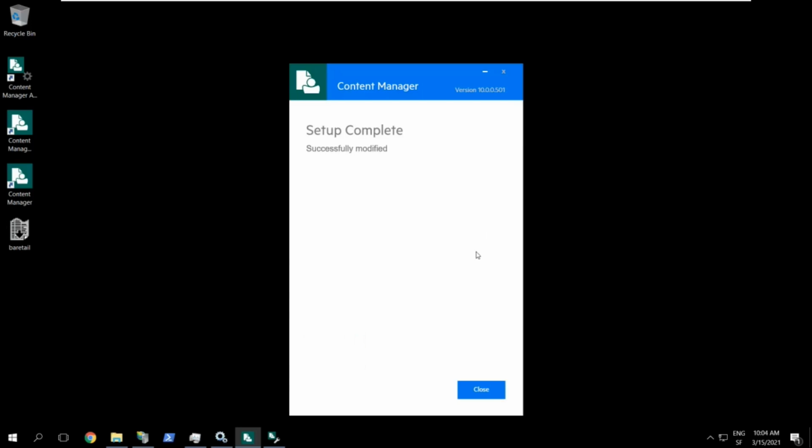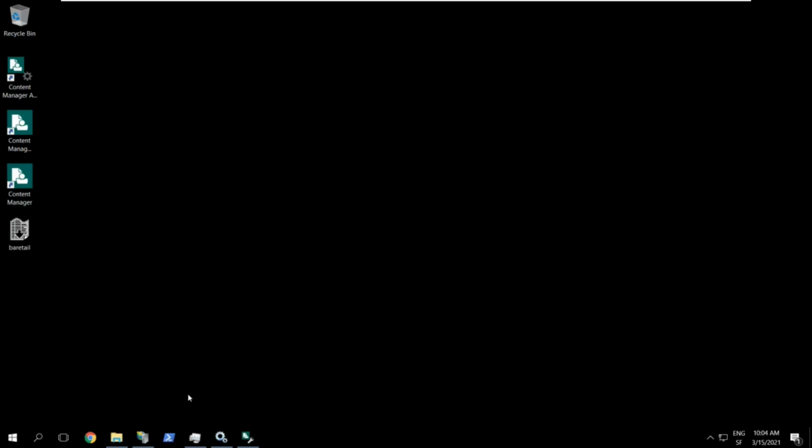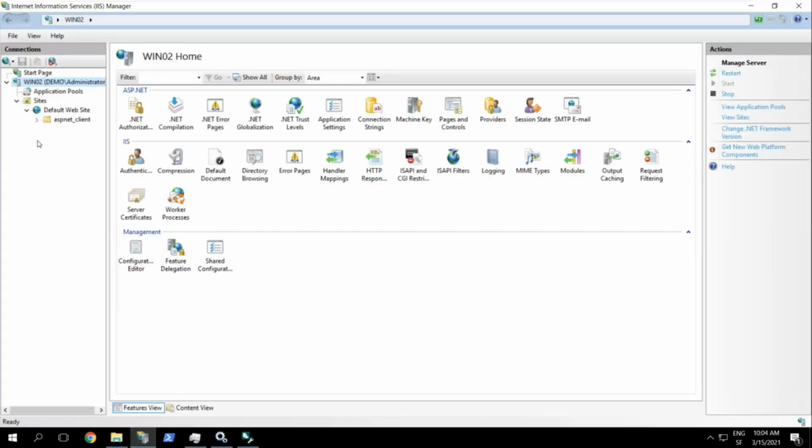After a couple of minutes, the installation is done. So now let's click close and let's have a look at the IIS server. Click F5 to refresh, and we should have all our sites deployed. So we see all of them. The main one is Content Manager. We also have the web services, some other web dev technical things, our web drawer, and we will see also